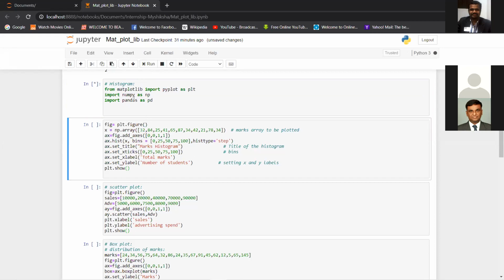Okay, so first we will look at the histogram. Does anybody know what a histogram is, or where it is used? What do you feel when you see a histogram?